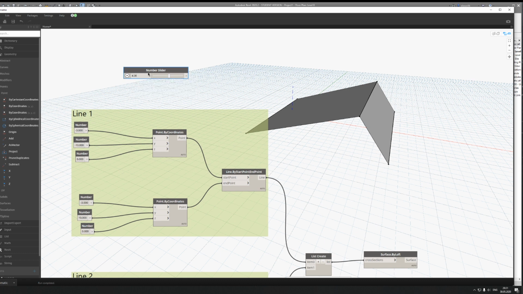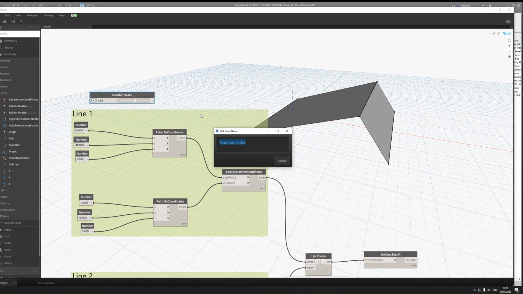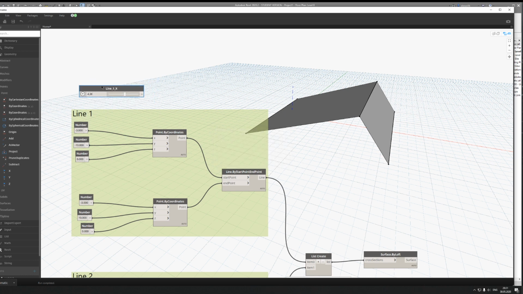And as you can see now, our slider is really working. But the name "number slider" is not useful for you. We can change the naming. Just double click on the name and let's say line 1. Let's use the underscore X, and we will understand it is number 1 X. If we change it, it will change number 1 X. Okay, and now we can connect this one to the X1. But let's copy it. We need a few more copies because I need X,